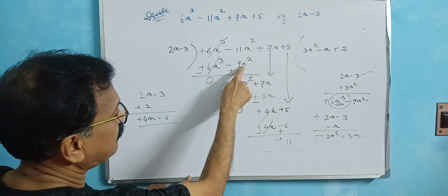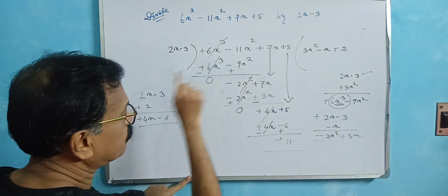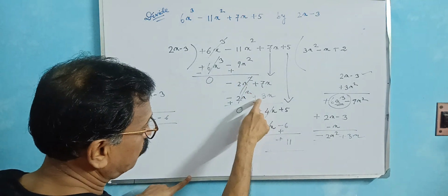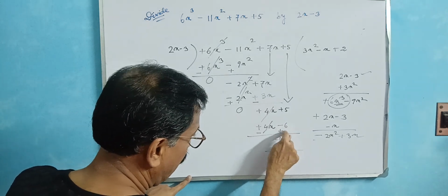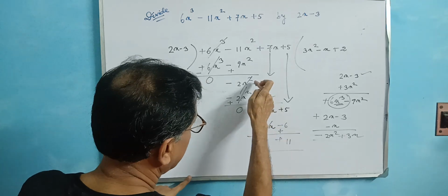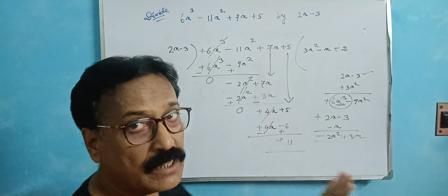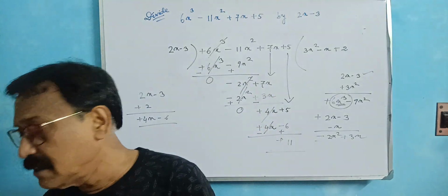And always a subtraction sign. And here is what is the sign of 9x square, not minus, plus. What is the sign of 3x, not plus, minus. What is the sign of 6, not minus, not plus. And this is the same sign addition. Here is the opposite sign subtraction. So in this way we just gradually increase in case of division.